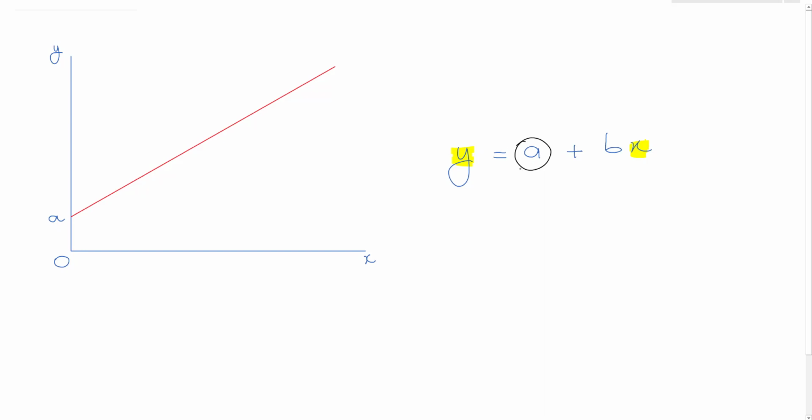And graphically speaking, this is the value where the function, when it is drawn, touches, if you will, the vertical axis. And this is known as the y-intercept, the intercept. Now, b is also a very important value, and it is actually known as the slope